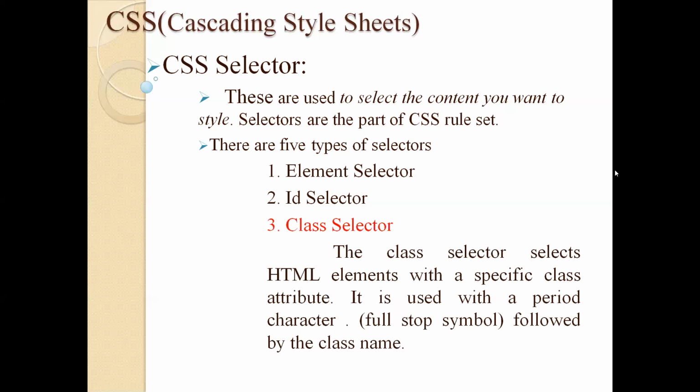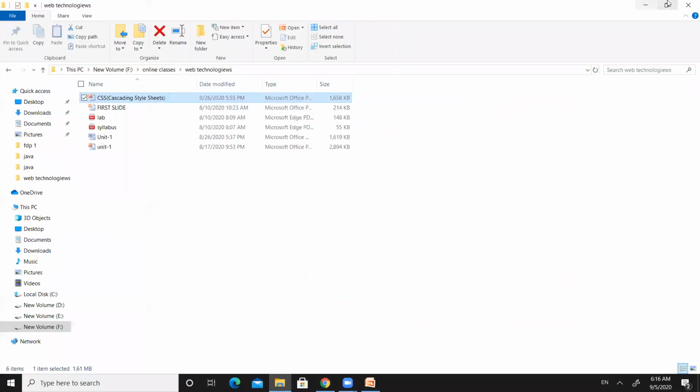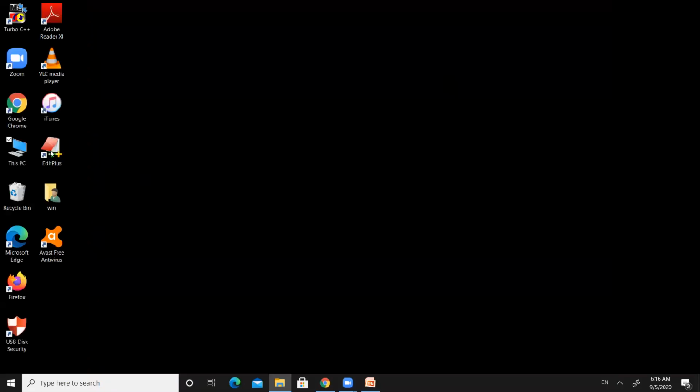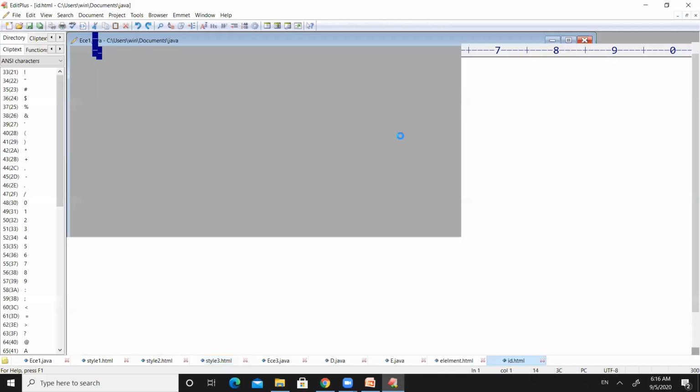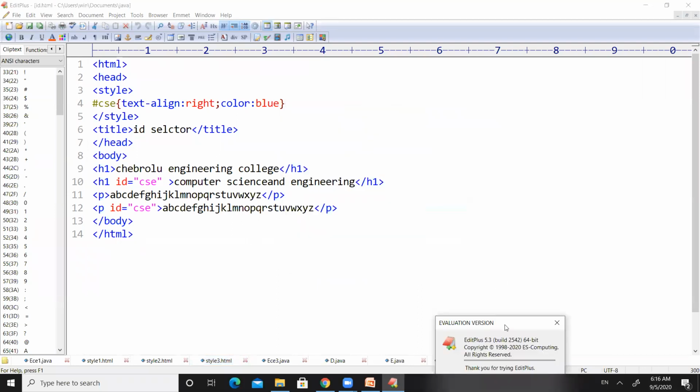We can define styles under the selector and apply them by using the class name while writing the elements of the HTML. Let us see one program on class selector, so that we will have good knowledge regarding it.